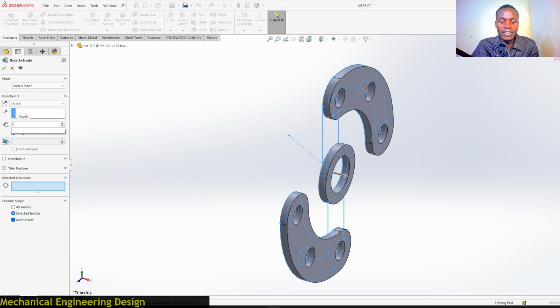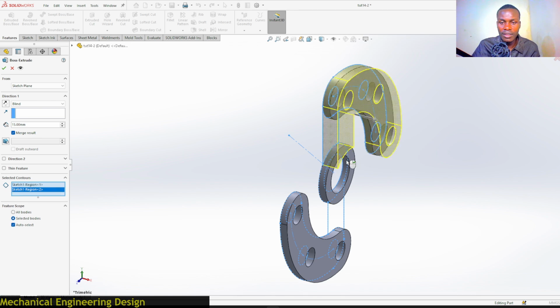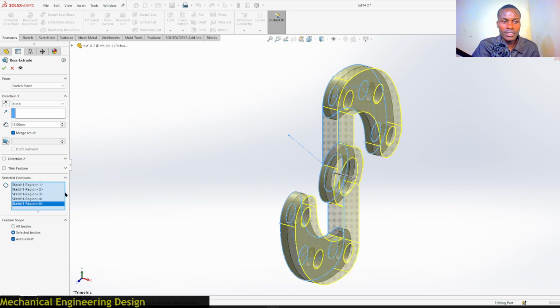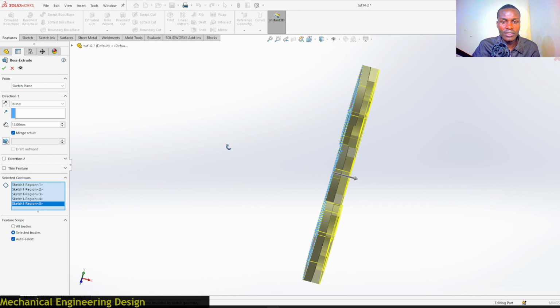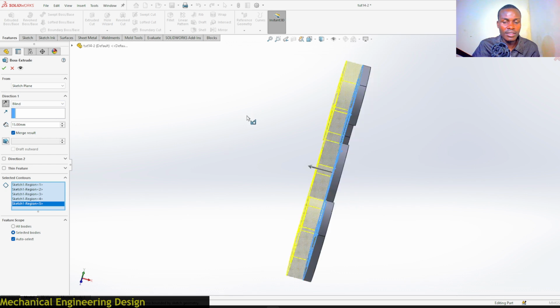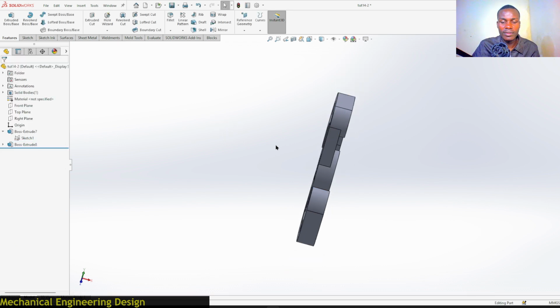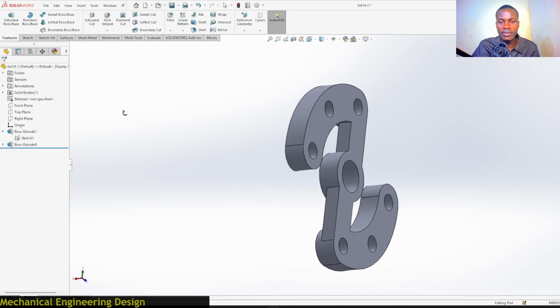Distance is 15 millimeters, and on contours we'll select all the contours, like that. But now on direction we'll need to reverse this way, then okay. See,